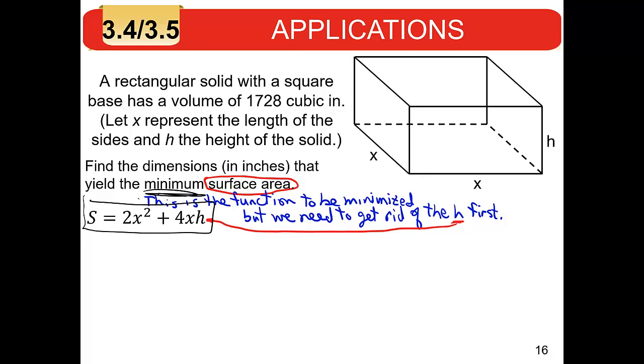You go back to the original problem and read through it and find some additional information that relates x and h together, and use that to solve for h and then eliminate the h in the thing you want to minimize or maximize. So rereading the problem,